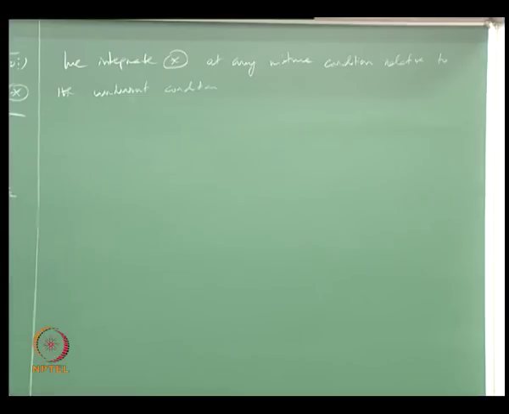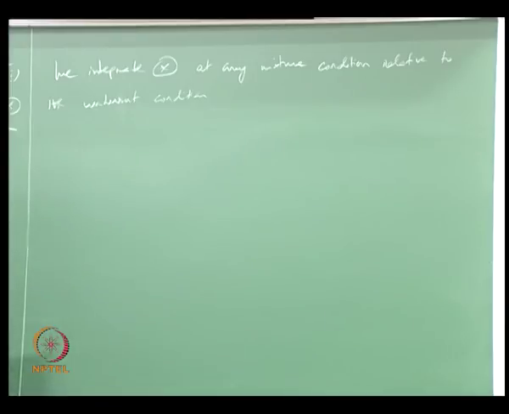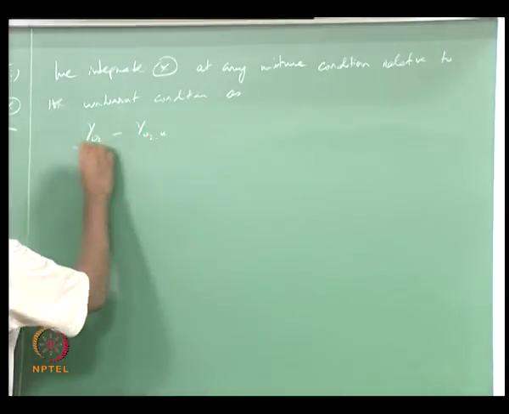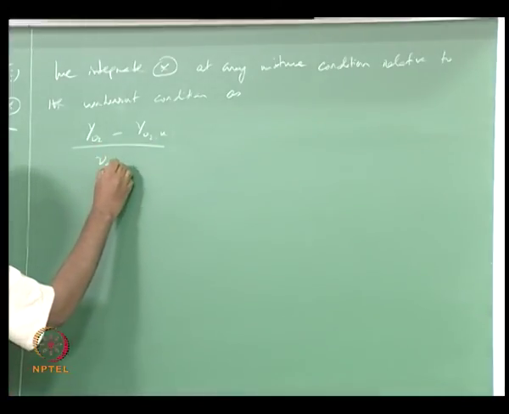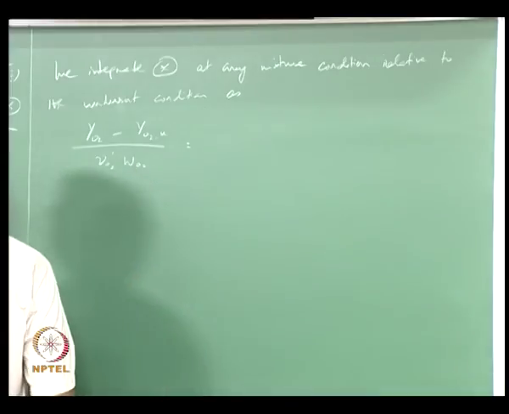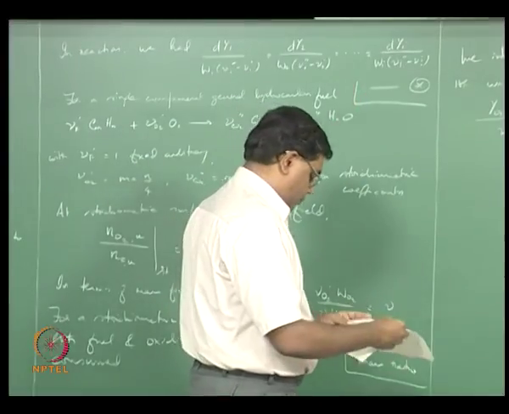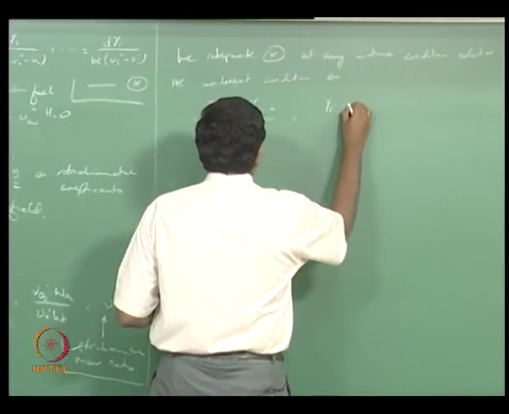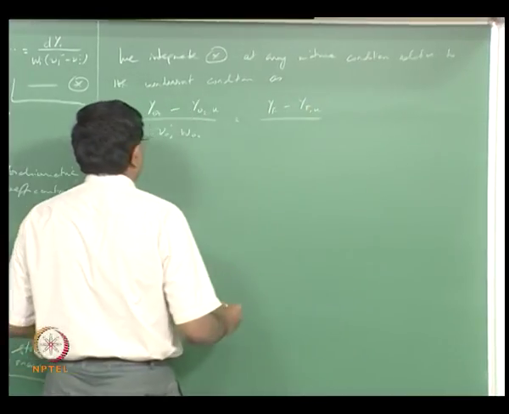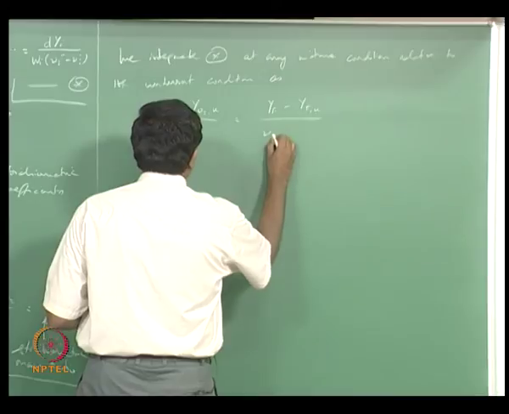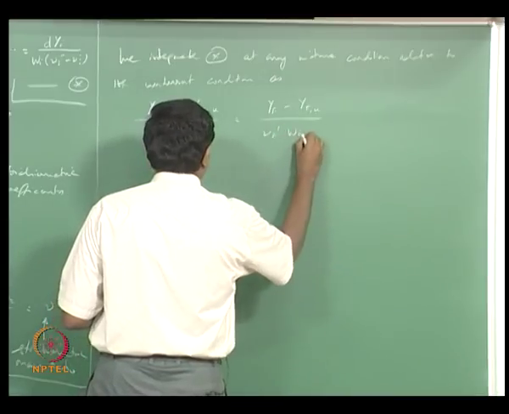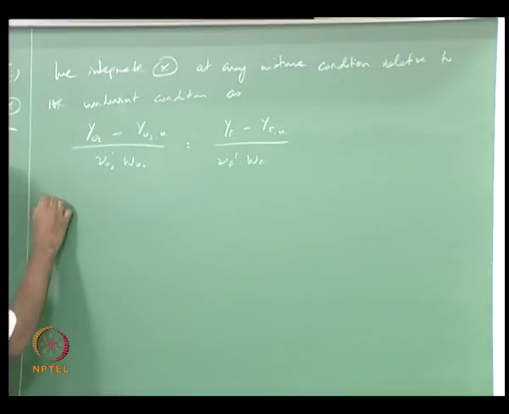That means the limits of integration go from unburnt values to any value during the reaction as YO2 minus YO2,U divided by nu O2 prime WO2, right. You can just pick, let's say, oxidizer and fuel, then you would get YF minus YF,U divided by nu F single prime WF,